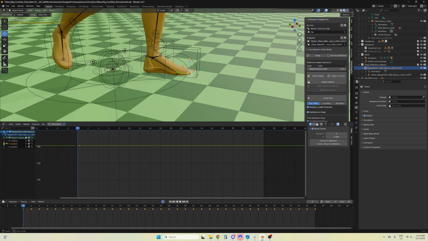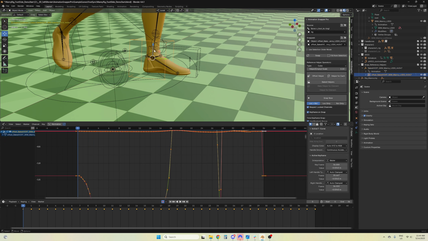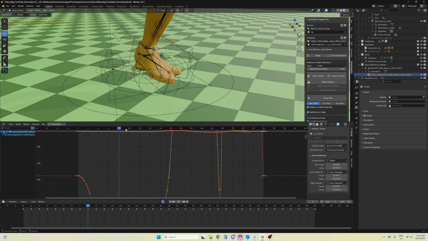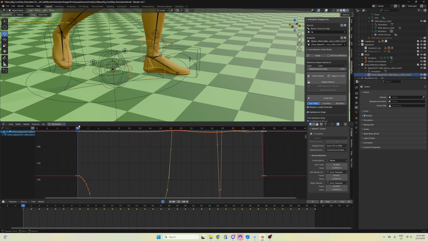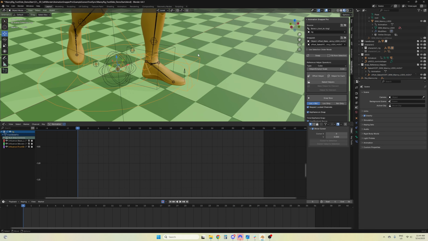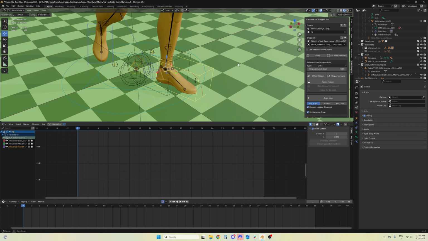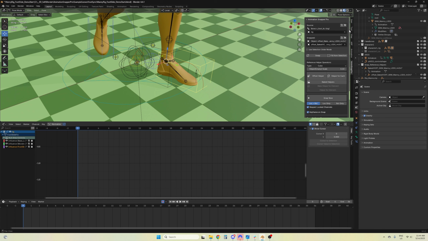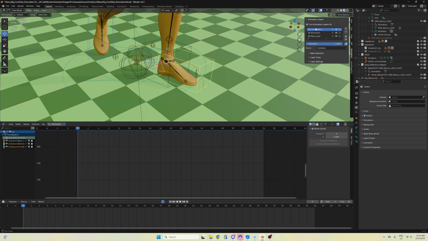Okay. And this is parented to this. So relatively it's following that then. So it's also not going to move forward in the Y. Okay. Now I'm going to go back to my foot controller, go into pose mode, and I am going to go to my animation layers. So make sure I'm on my foot fix layer, and I'm just going to anchor down where I want the